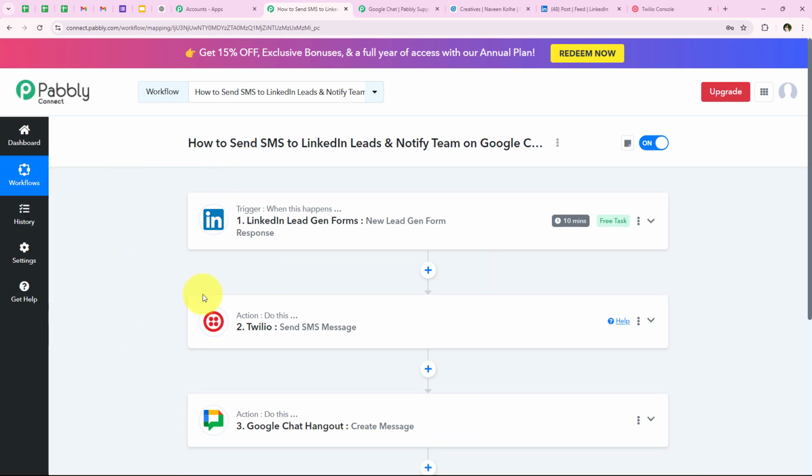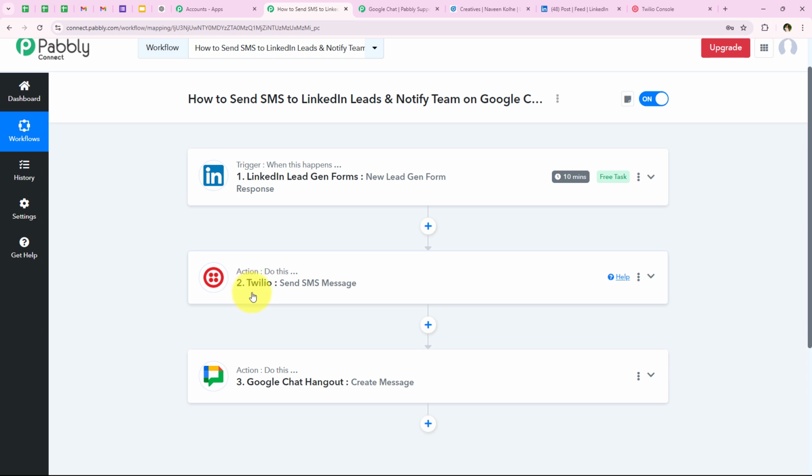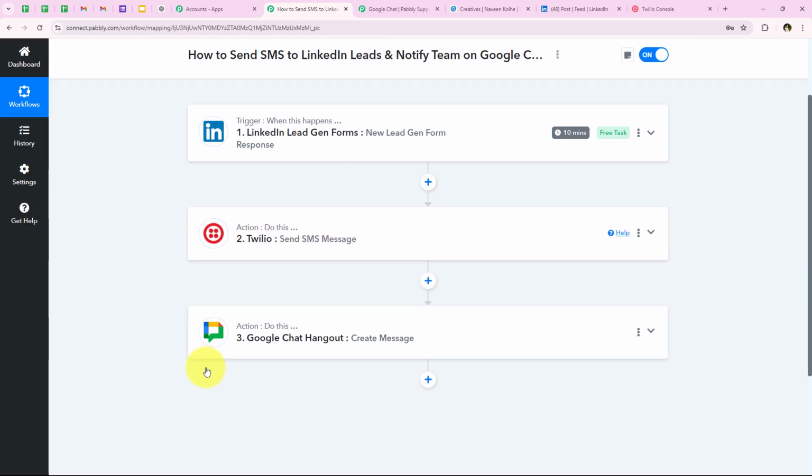For our trigger application, we selected LinkedIn Lead Gen Forms. For the trigger event, we selected new lead gen form. For the action application, we selected Twilio. For the action event, we selected send SMS message. Again, for the action application, we selected Google Chat Hangout, and then for the action event, we selected create message